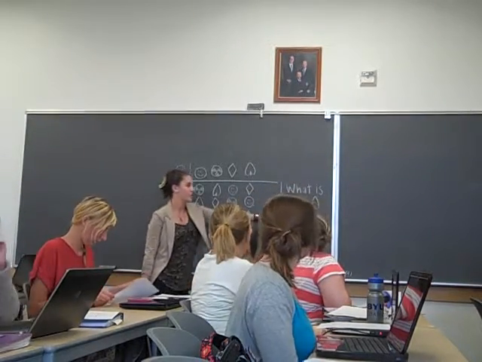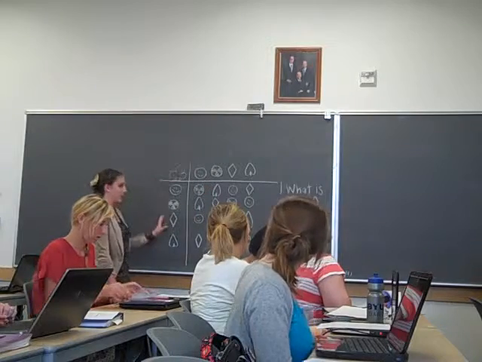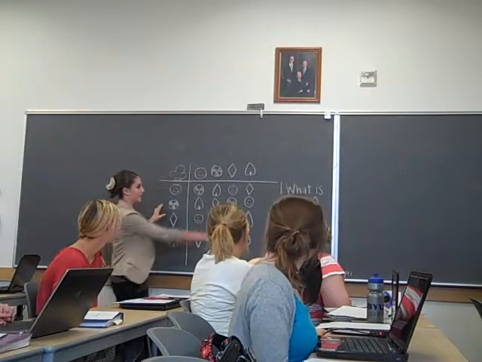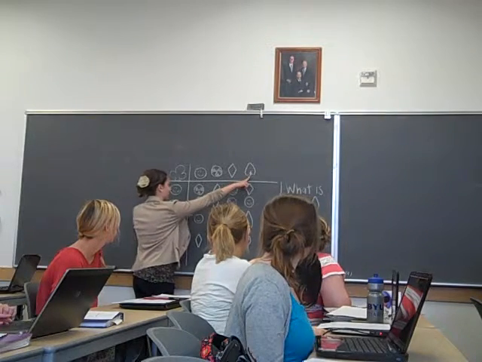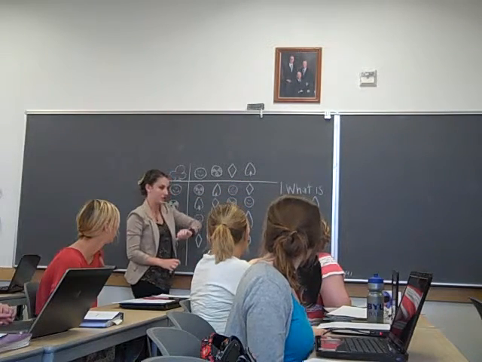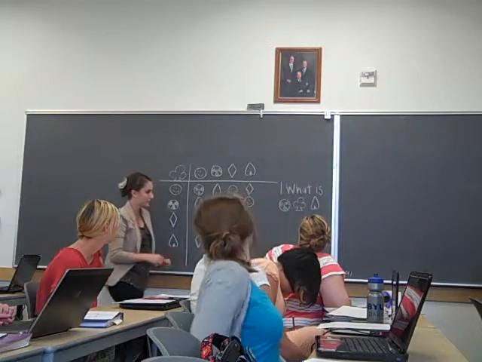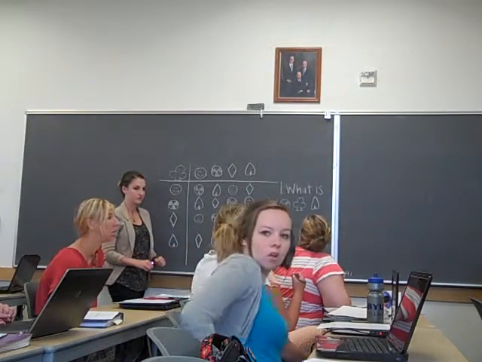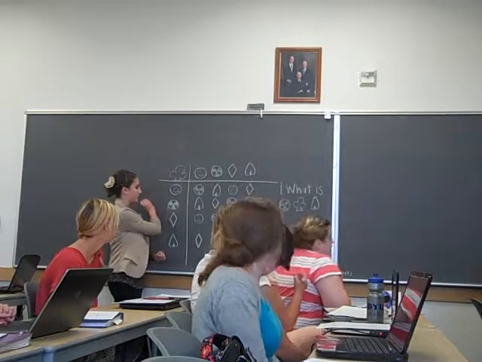Multiplication or addition or whatever. So we take the first shape, and we find it on the left-hand column going up and down, and then we take the middle operation one, and then the other shape as well, and we just go down and we meet in the middle, and we find out that the answer is the smiley face. Does everybody see how we got that answer? Okay, the next question was,